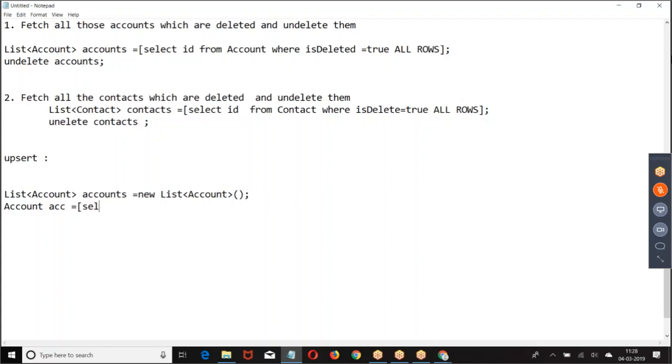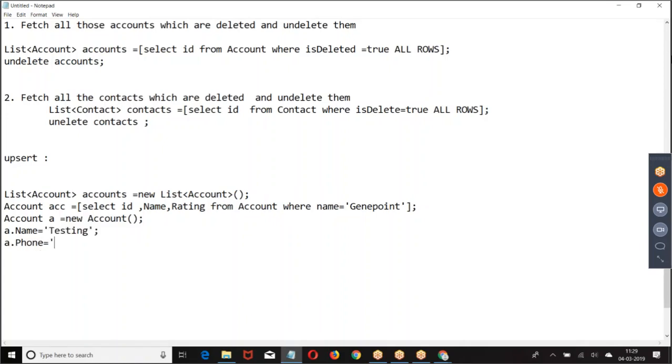Here I'm giving ACC equal to... the next one, account A equal to... accounts.add(ACC), accounts.add(A).